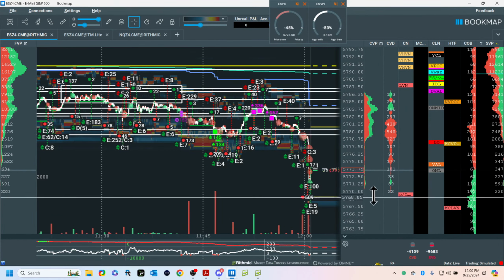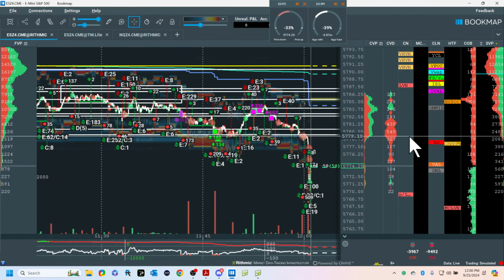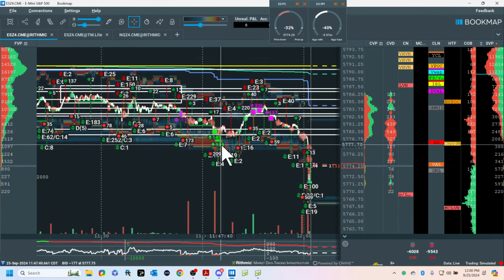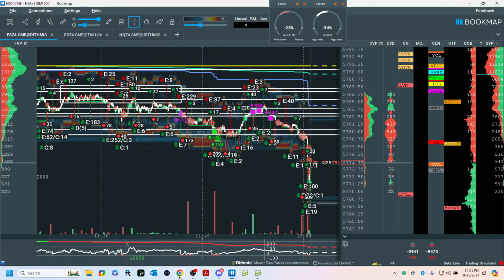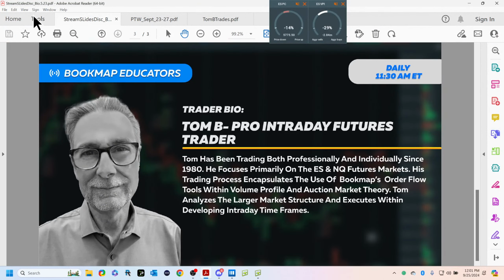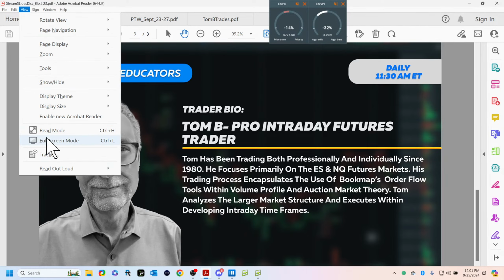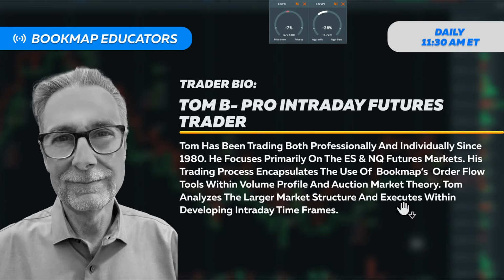And this is our next target down here after this. Anyway, have a good day, everybody. Just wanted to show you that last little move. And there is no way to predict this. But this is auction market theory using a high tier tool like Bookmap to look inside participant behavior, overlaying it on a volume profile. Thanks again, guys, and have a great day.